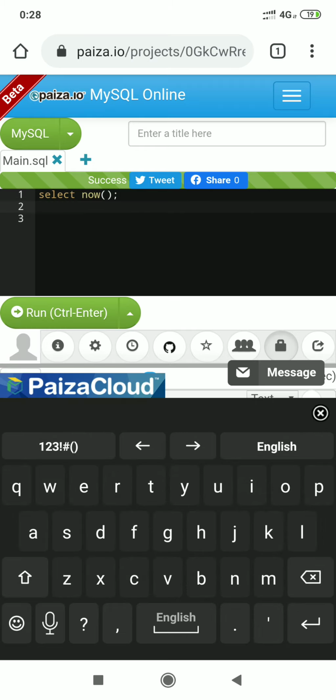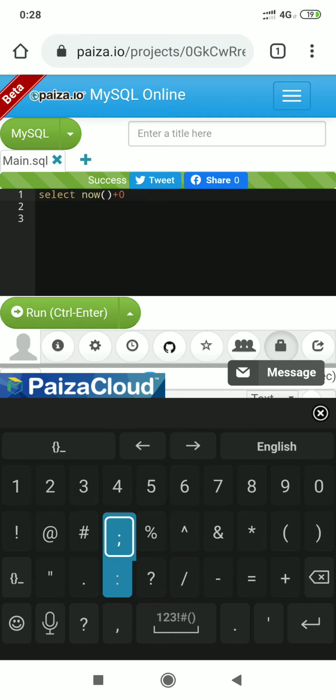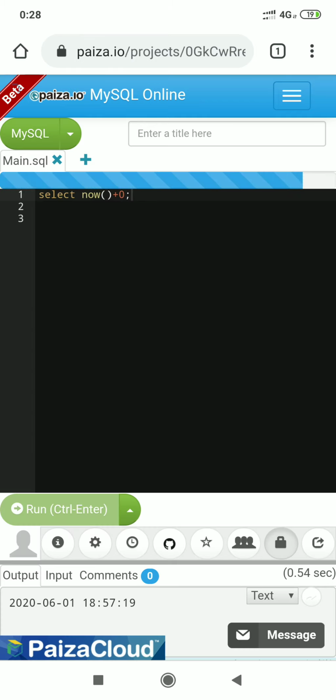Now I change it into numerical context with +0 and then execute the query. Its output should change. Okay students, the output has changed. Similar date, 1/6/2020, and the time is like 18:58:42.